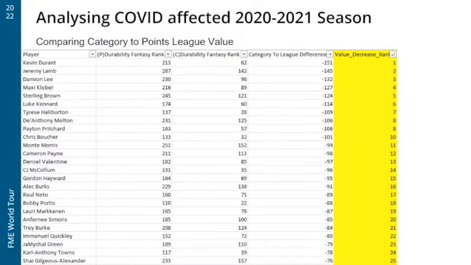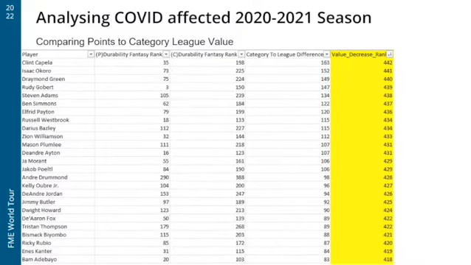And then obviously if you flip that, you see the players that do a whole lot better when they're in a points league. Usually you get a lot of these guys, like Russell Westbrook, as people will know, not a very efficient player. You can see in points he's the 18th best player, but for categories he slips all the way down. Same with someone like Rudy Gobert, mainly because their shooting percentages are woeful.